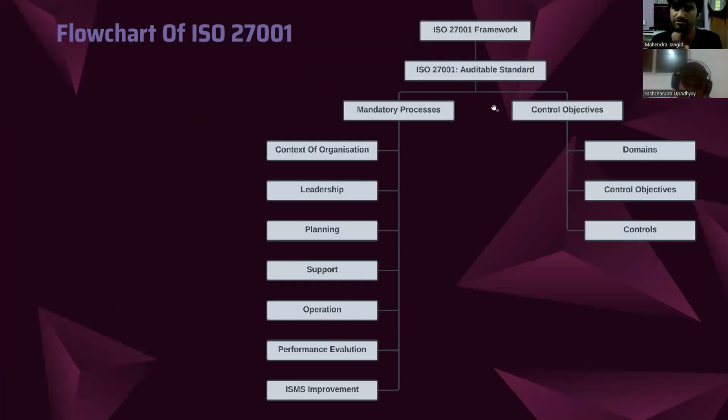This is the flow chart of how it works. Of frameworks, after some time of company establishment, if the company wants to grow bigger, then they go for the ISO certification. First, the company will have an auditable standard. They will see what the company is doing. Then they will make two parts: mandatory processes, which are mandatory for them to do, like context of organization, what the organization does, leadership, who is the leader, what are their planning, support, what the operation team does, performance,